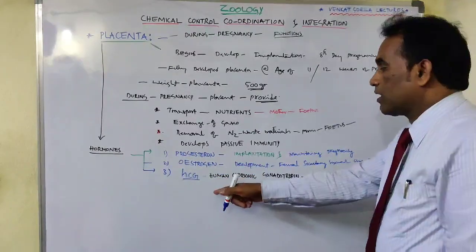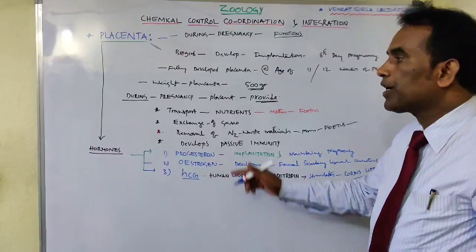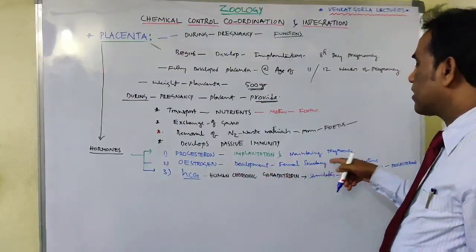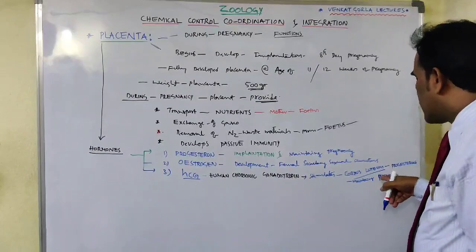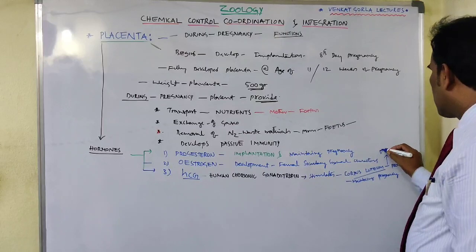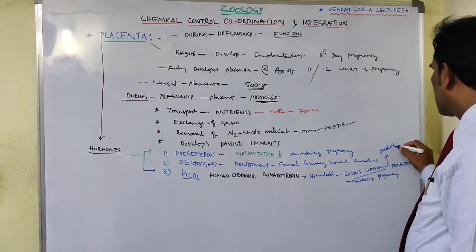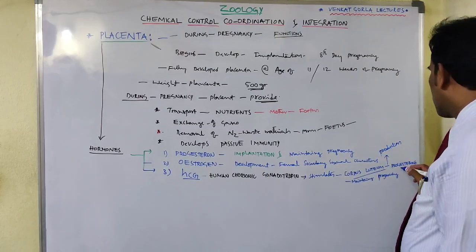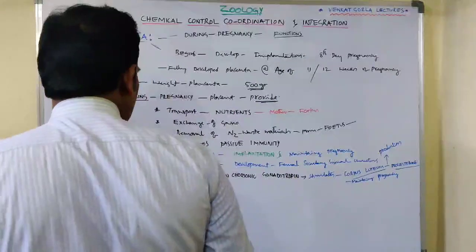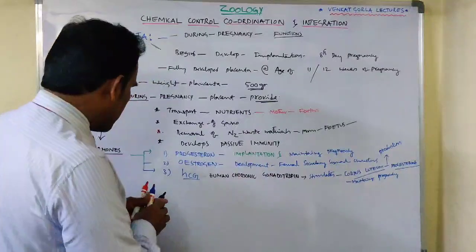So HCG, a very important hormone, is secreted by the placenta. It is called human chorionic gonadotropin. It stimulates the corpus luteum for the production of progesterone, to maintain the pregnancy. So another important hormone is